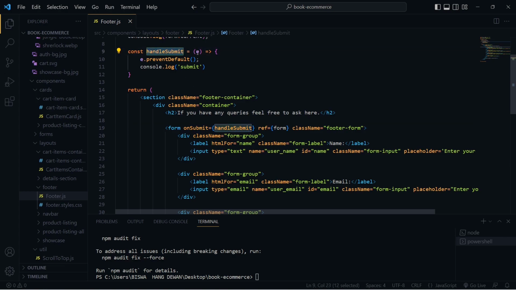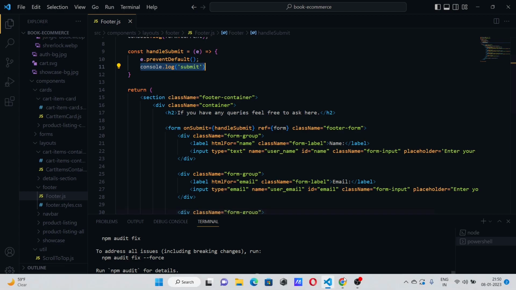This function gets an event object because it's coming from an event, and we can use it to prevent the default behavior of this form, which is refreshing the page. So we can stop that issue with the help of this code, and we are also console logging